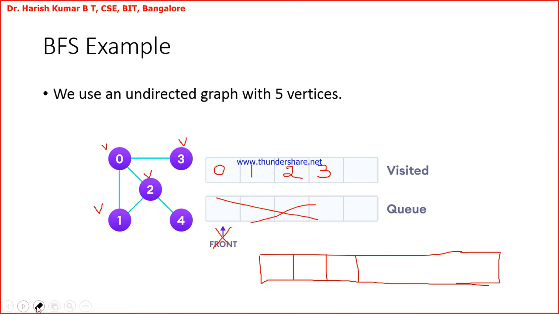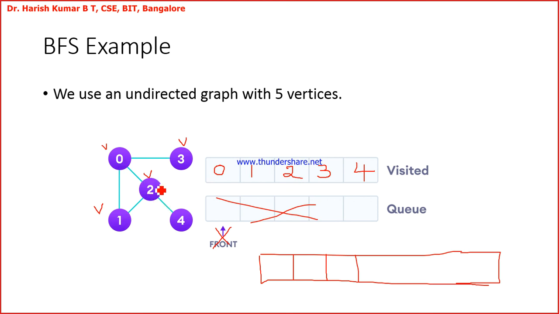So next what we do, we backtrack, and then the last node to visit will be 4. So 0, 1, 2, 3, and then finally 4. So in breadth first search, after visiting 0, you should visit all its adjacent nodes. So 0 is visited, and then 1, 2, 3, and next I'll check whether there are any adjacent nodes to 1 which are unvisited, but 2 was the adjacent node, and 0 was the adjacent, they are already visited.